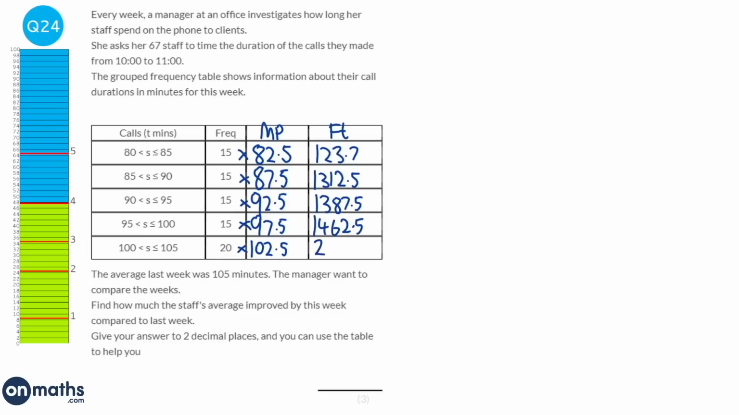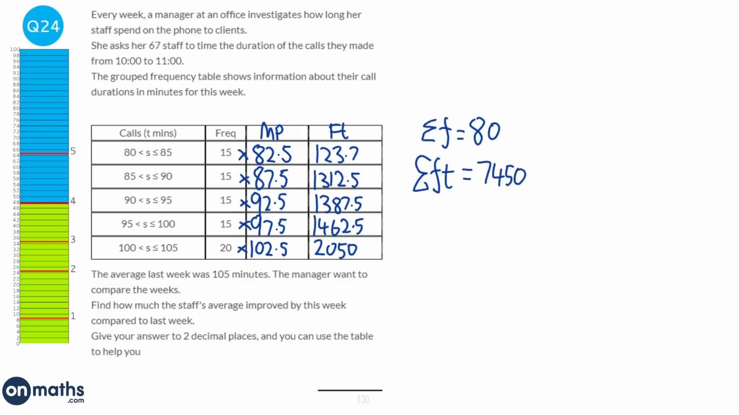And then finally 2050. Right, next we need to add up the frequencies and add up the FTs. So we're going to have the sum of the frequencies. So I'm just adding this column up, and that will be 80. And we have the sum of the FT, and so we're going to just add this column up here, and so that would be